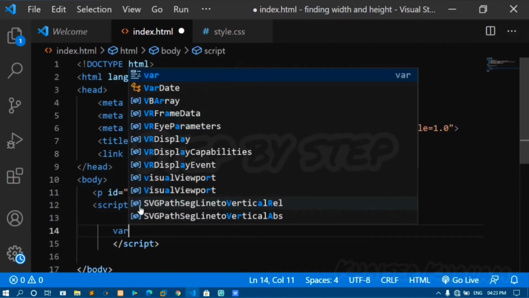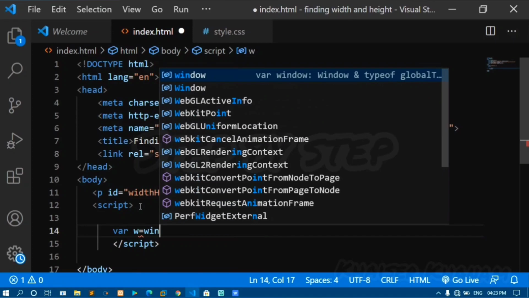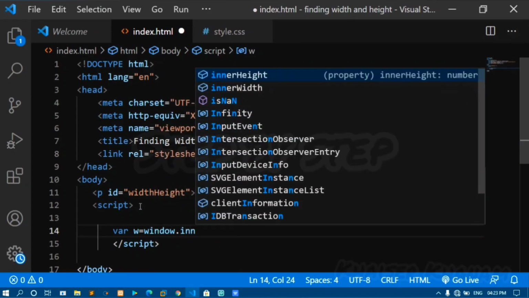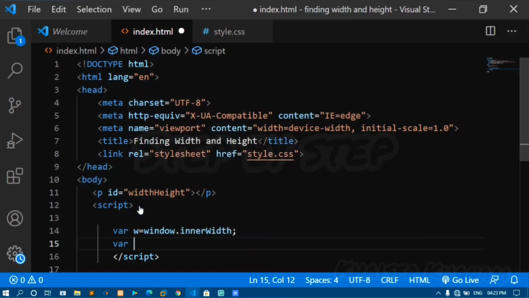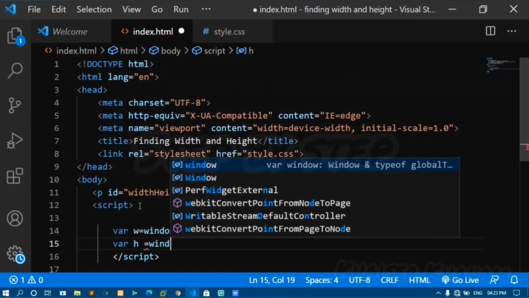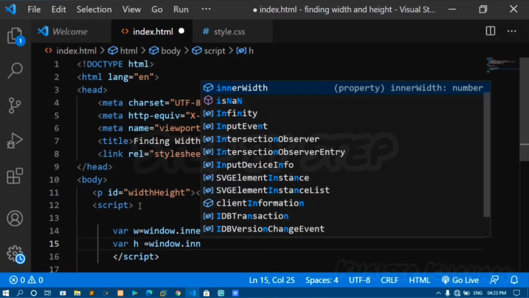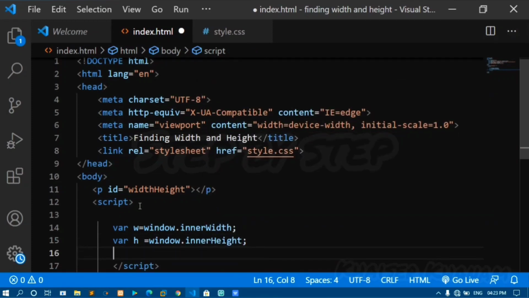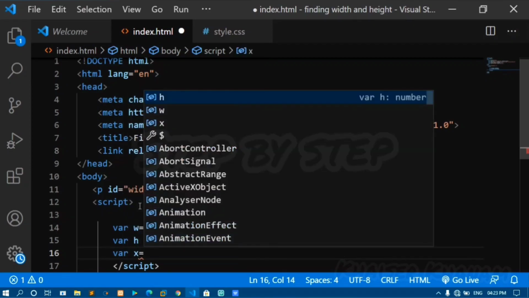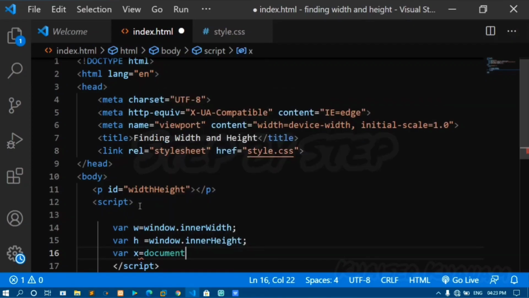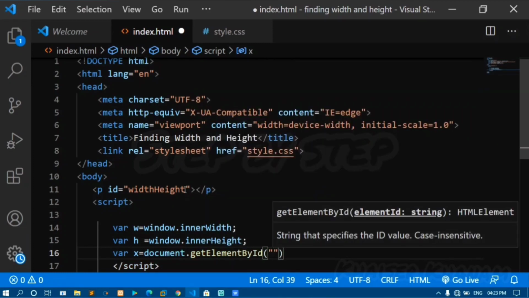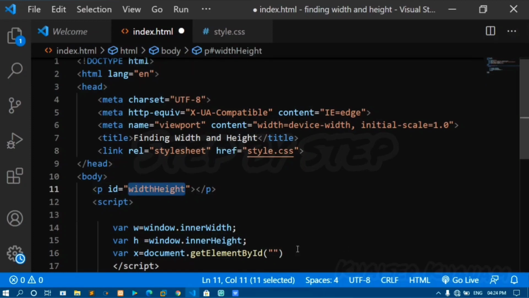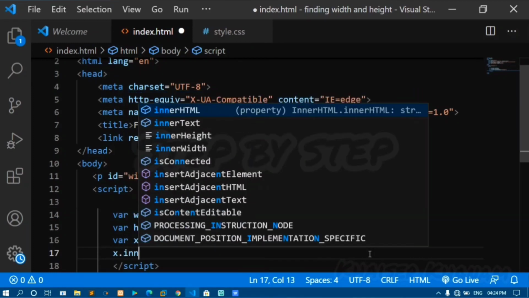Inside my script, I'll create one variable for width and I'll give as window dot innerWidth. I'll declare one more variable for height. I'll give window dot innerHeight. Now to extract my ID, I'll create variable x here, document dot getElementById, and here I'll store my ID. I'll copy this one, I'll paste it here. Now inside x dot innerHTML,